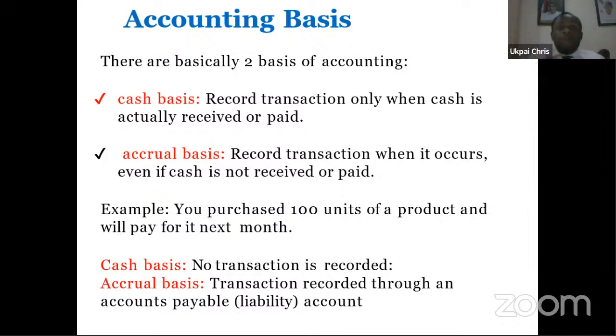So cash basis is not a good form. Accrual basis is the accepted accounting basis. Am I communicating? Accrual is telling you as you are making that sales, you record it. Debit that person is owing you. You credit sales, you have made this sales. Then the day the person will pay, you credit the debtors book that this person has paid. Then you debit your cash book that this money is with me.